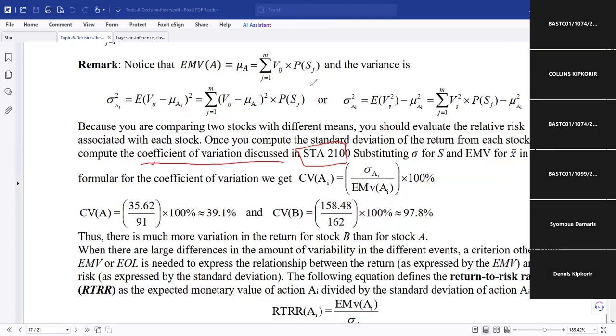2101, that is probability and statistics 1. So from probability and statistics 1, you were taught a computation of the coefficient of variation, whereby you take the sigma, the standard deviation, divide that by the mean, and multiply that by 100. So this coefficient of variation here, we are taking for each and every action: the computed standard deviation for each action divided by the expected monetary value. So if you take the computed standard deviation for the first one,